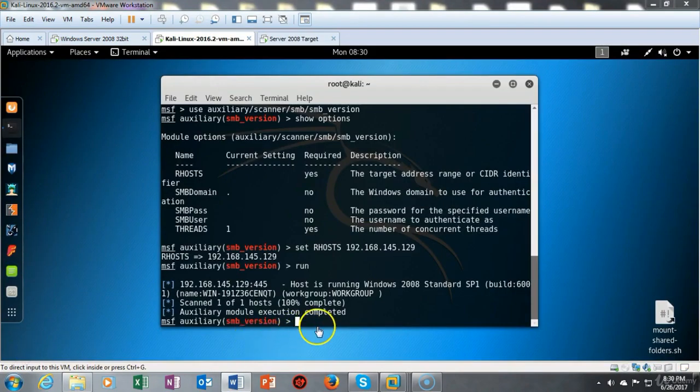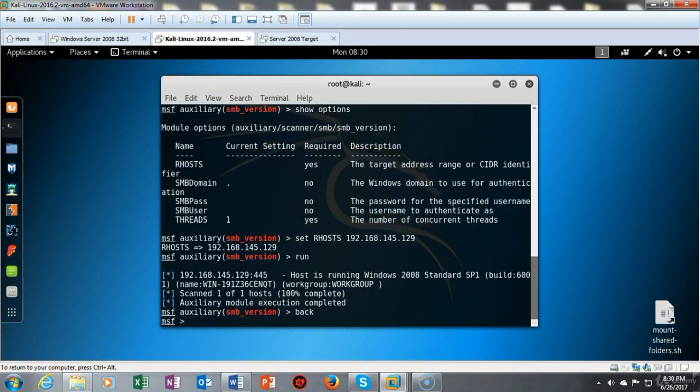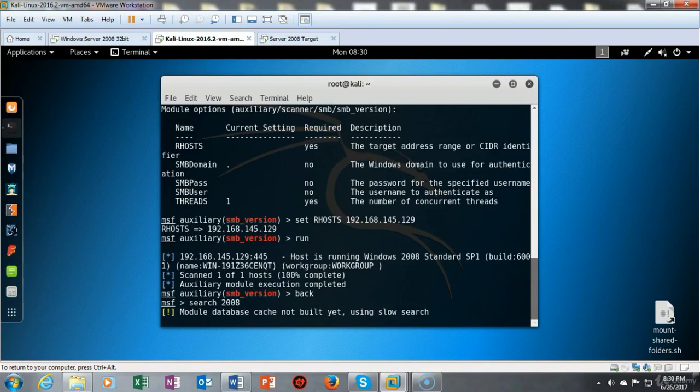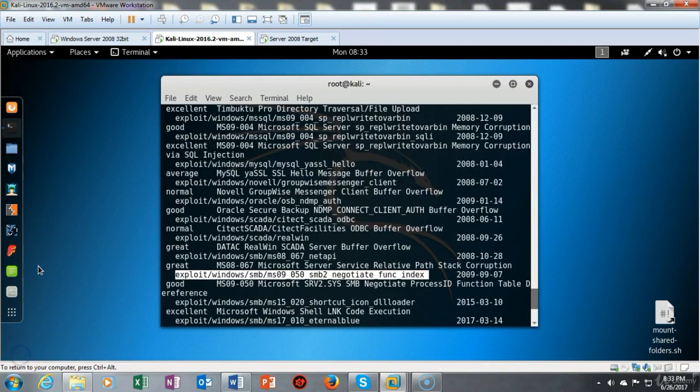So now that we have discovered that we have a target that is Server 2008, we need to find an exploit. So I'm going to type in the command back, and that's going to take us back one level. And now we're going to do a search for 2008. I'm going to type in search 2008, and we'll see what pops up. From the results, and you see there's quite a few, we have to scroll down, and everything is in alphabetical order, by the way. We have to scroll down and find the exploit for the Windows SMB